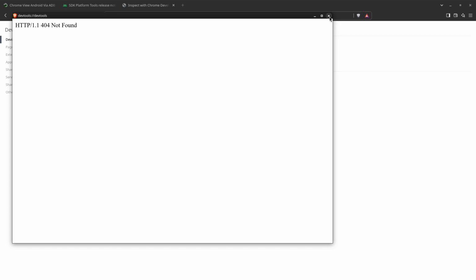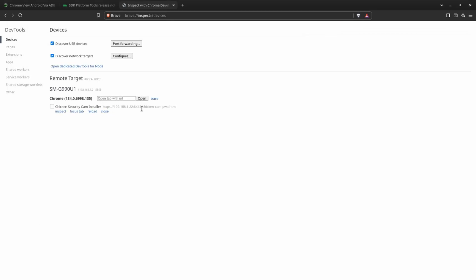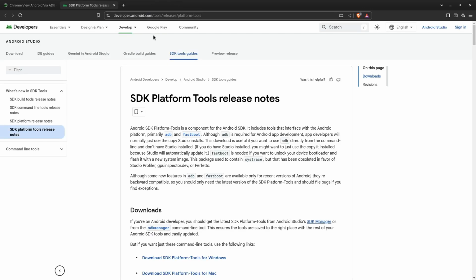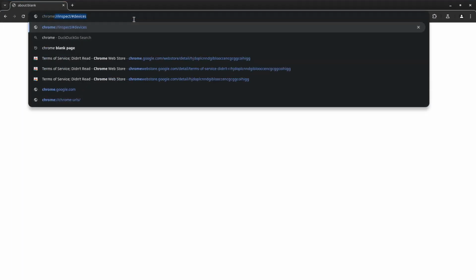Interesting. Okay, so that doesn't work. Let me try a different browser. We'll try the Chrome browser instead. So I'll close this. So I'll just copy. Okay, so that's Brave browser. So I'll go here and try Chrome, inspect